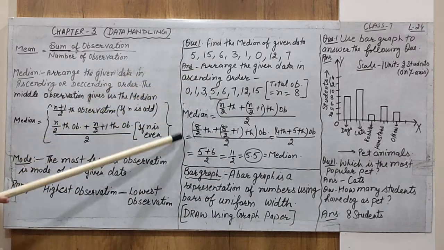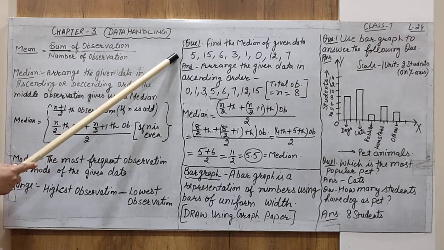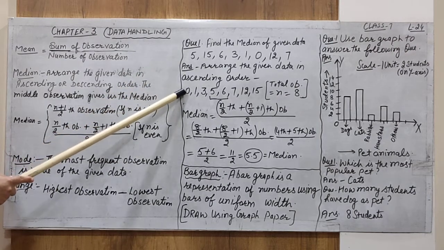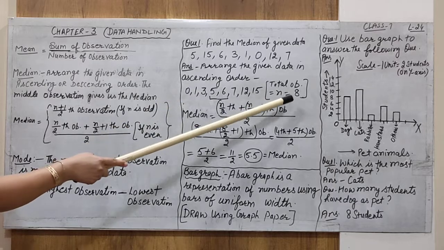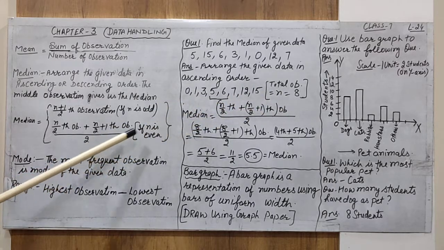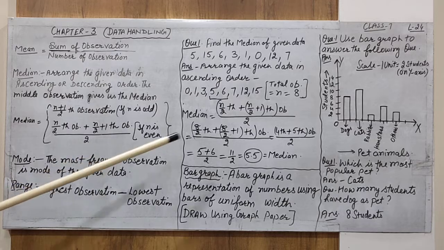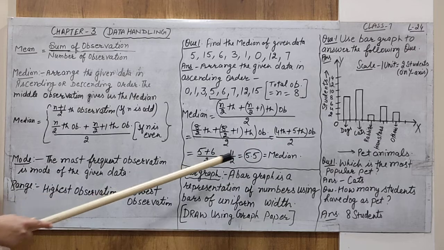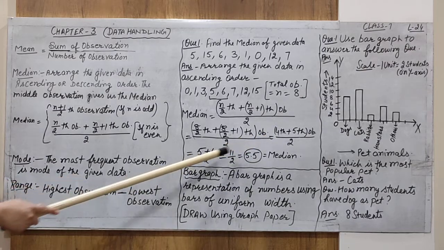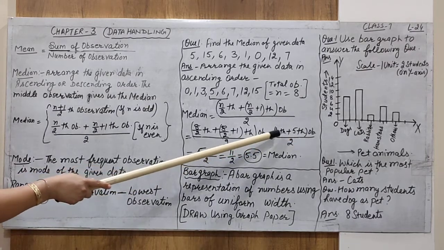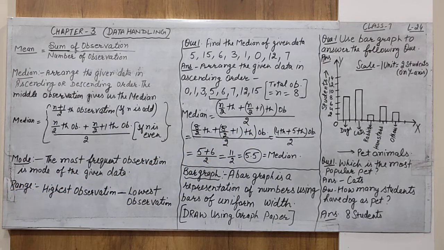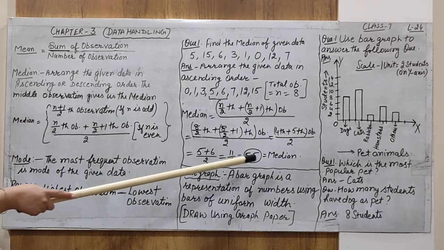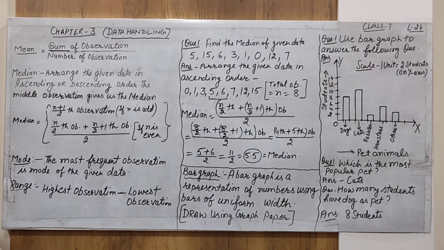So you can find it like this. If the number of observations is even, then first of all arrange the observations in ascending order. Count the observations. Use the formula for n is even. Put the value of n, find the number of observations, and put the value of the observation. This is a very important point. 4 and 5, the positions of the observations, are not used. You have to use the value of the observation. Understand? So the values of the observations are 5 and 6. Put these two values to get the median.